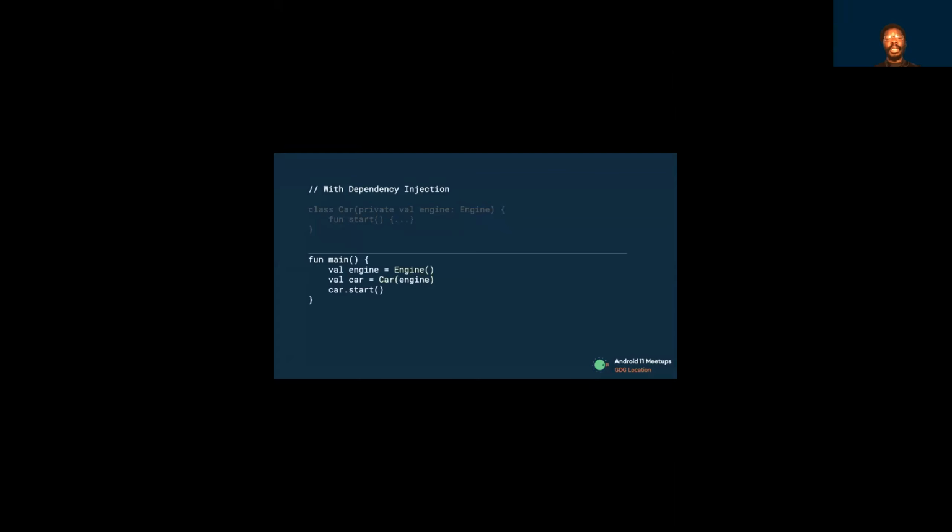The app creates an instance of engine and then uses it to construct an instance of car. The benefits of this dependency injection approach are reusing car: you can pass in different implementations of engine to car. It's also easy to test a car. You can pass in test doubles to test your different scenarios.